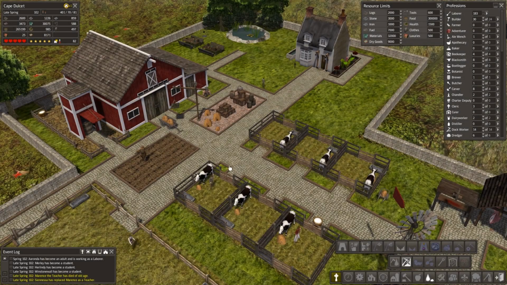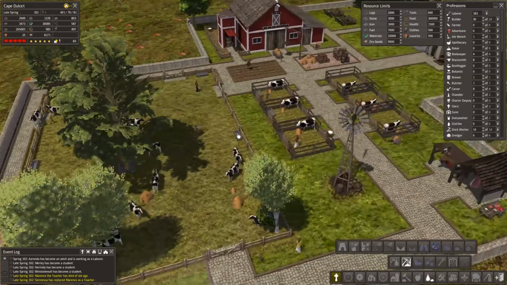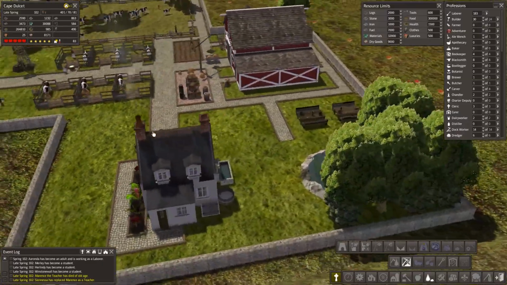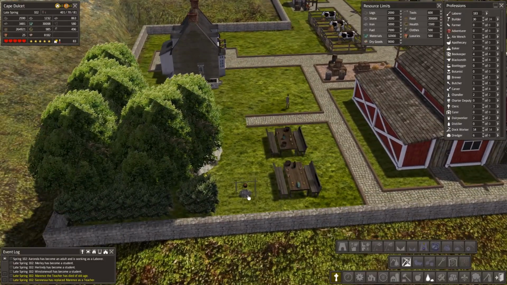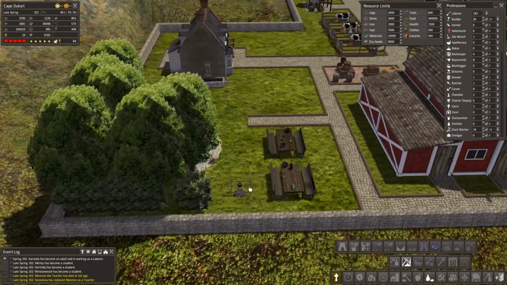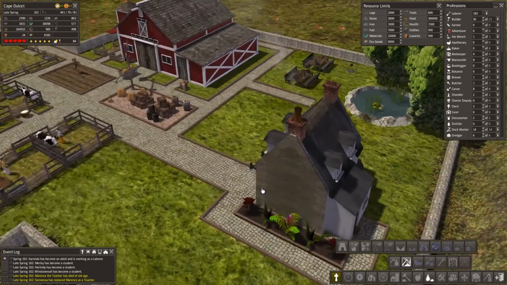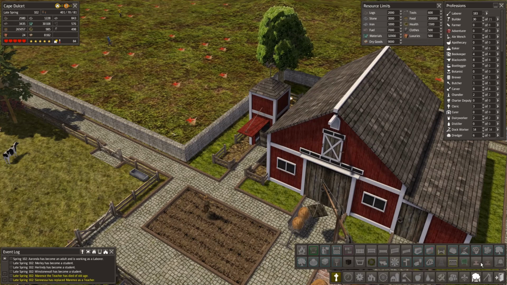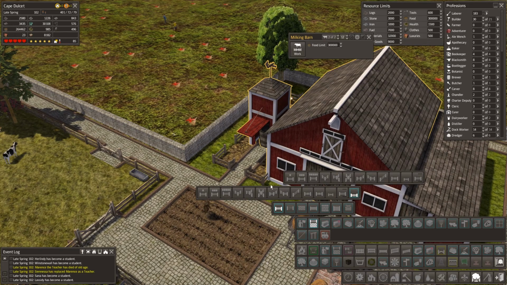Welcome back everyone to Banished, and I think for now I'm quite finished with this area. I might come back and add a few more things, but for the moment I'm quite happy with the way it looks. I've even got this nice little pan here above the fire, which is one of the new things that I've not used before. I quite like it, it looks good. And I think for the moment I'm fairly happy with how it is,